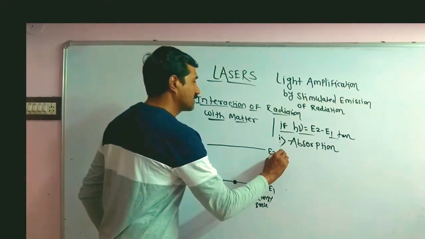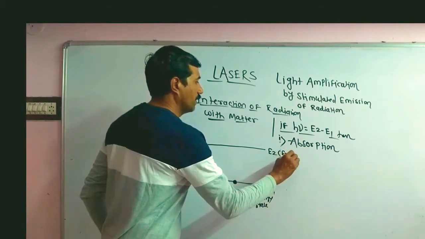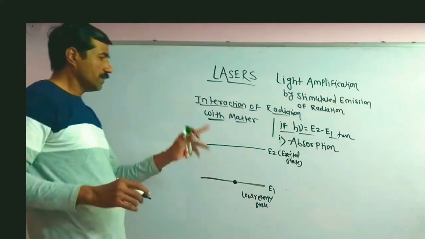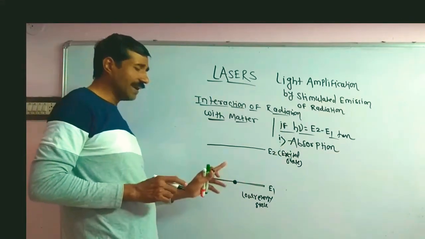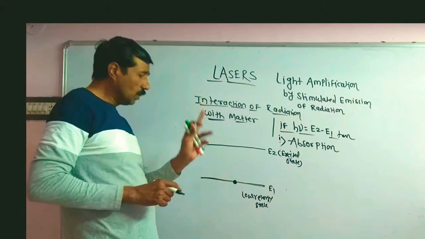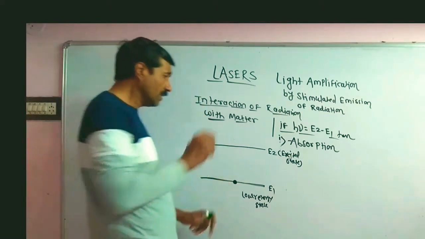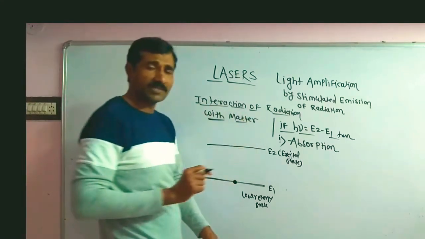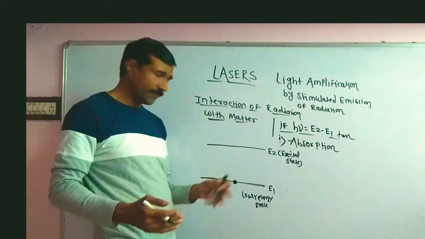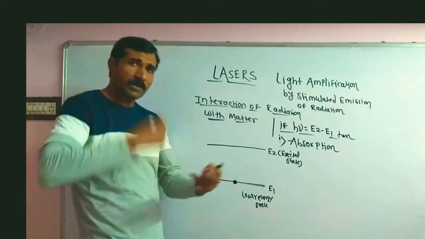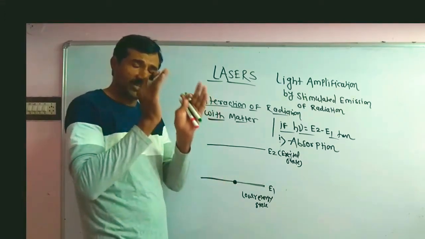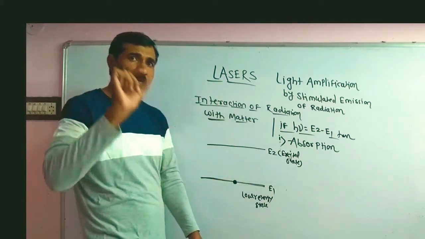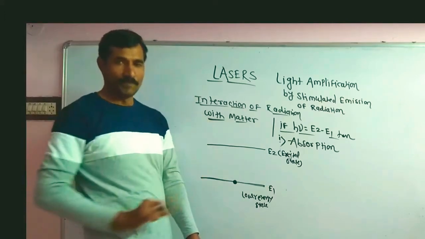It is an excited state. Okay. So in the absorption process, initially the atom is residing in a lower energy state. When this atom goes from one state to another state, it is called the transition of the atom. When the atom goes from one energy state to another energy state, or jumps from one energy state to another, it is the transition of the atom.